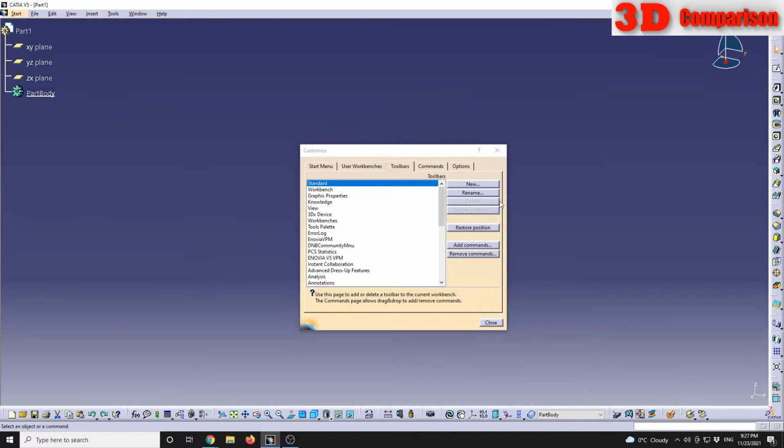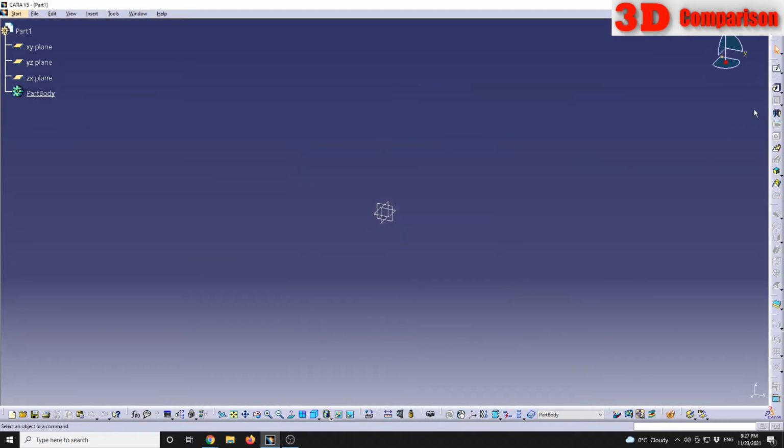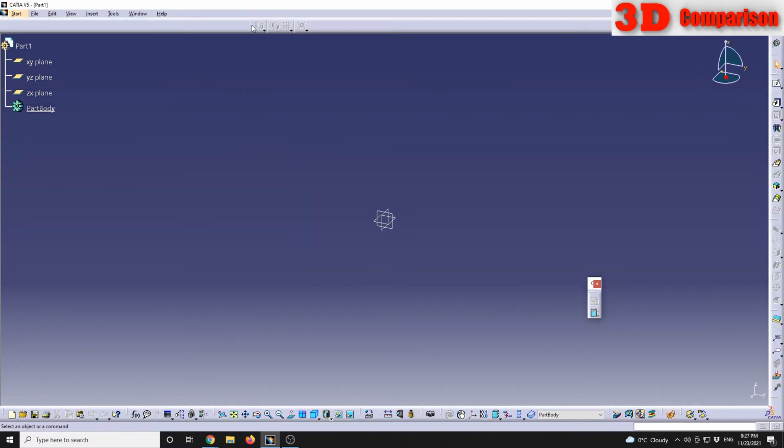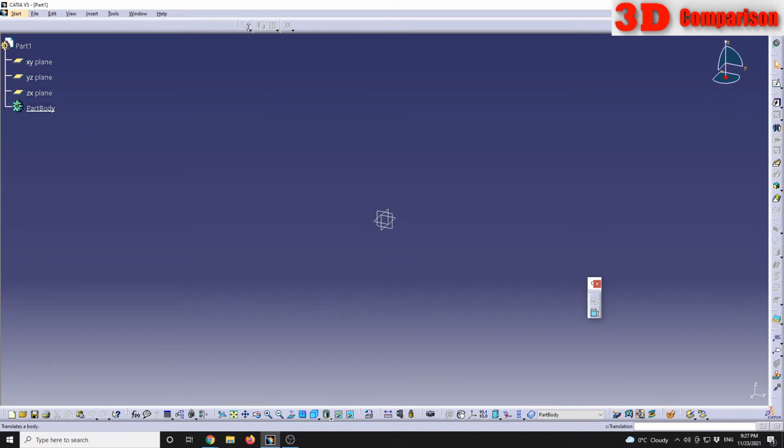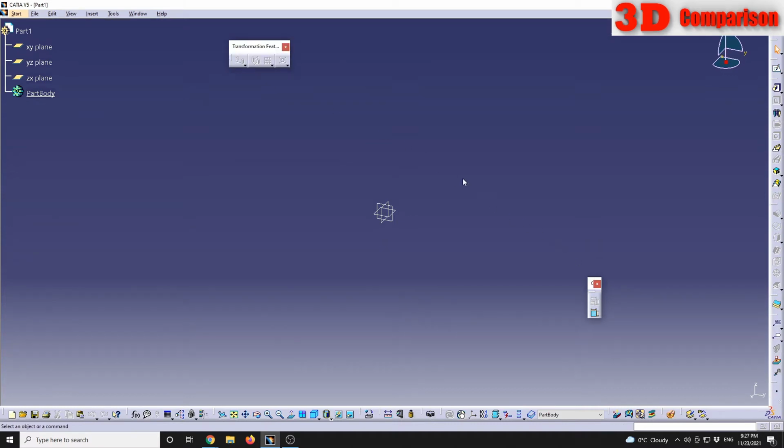After that I will click OK, and now all the elements are positioned on the right side of the screen, and I have the possibility to drag them and rearrange them as I want. Currently they are vertical. If I want to make them horizontal, I will grab them using the mouse cursor, and I can position them over here. So I can define that.